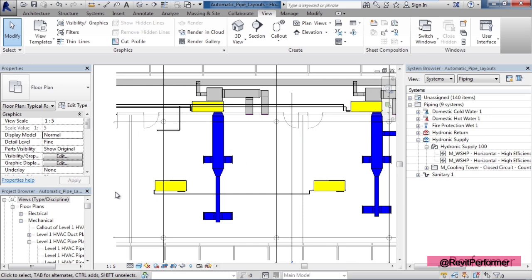So as a review, in this lesson, we looked at a way to automatically route pipes from one point to another point. We talked about the different ways to create piping, the manual process, and the process we looked at in this example, automatically creating pipes. Basically selecting your pipe system and then choosing to automatically lay out the pipes. And then Revit will calculate solutions and present those solutions to you of how it interprets routing a pipe from one point to another point. You cycle through the solutions and then choose the one you want.